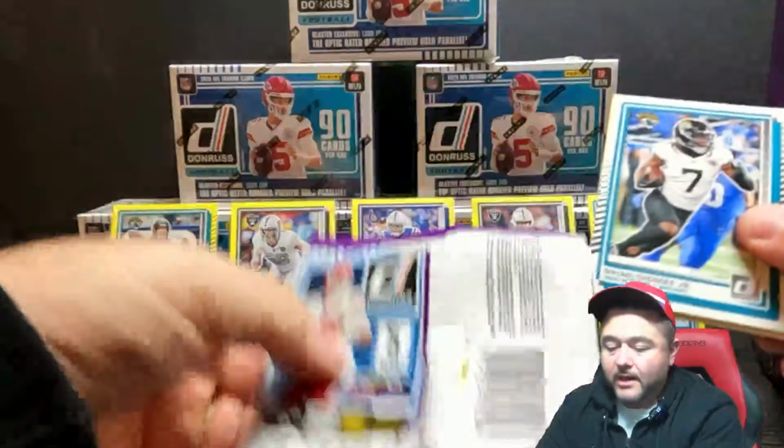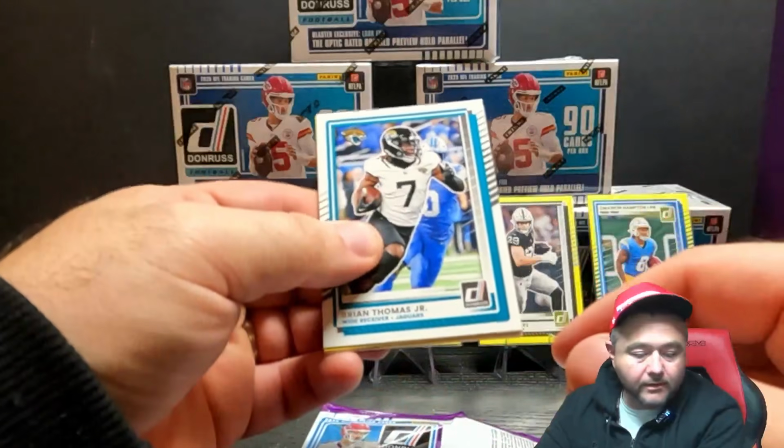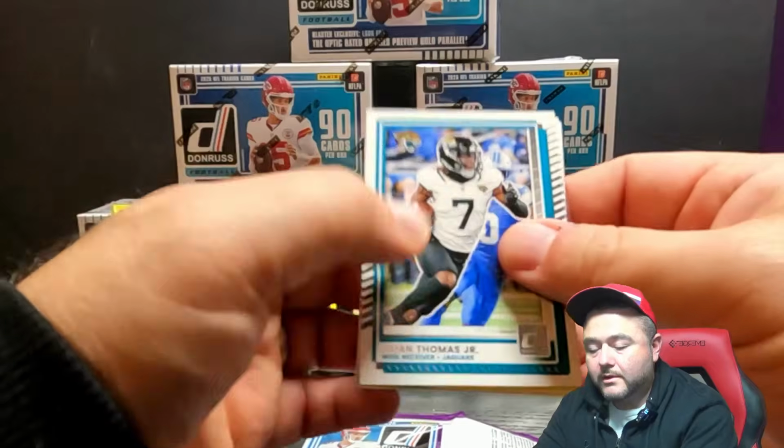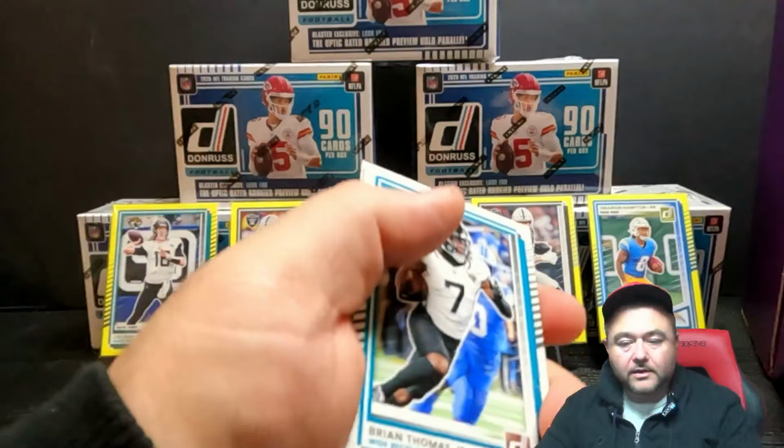All right, we got 3 more packs coming in here before we dig back into the gravity box. I am kind of digging this little gravity piece. I'm going to have fun after the video seeing what I can do with this gravity